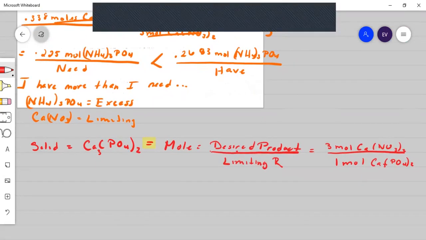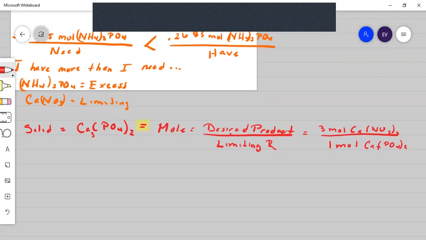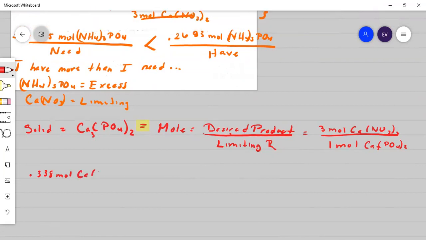So how much calcium nitrate do I have? Let's take a look. We've already calculated that. We have this many moles of calcium nitrate right here. We calculated that because we used the molarity formula. So I'm going to start with that. I'm not going to start with my theoretical because I need to know how much I'm working with. So I have 0.338 moles of calcium nitrate. I'm going to put that over 1. Then I'm going to multiply by the mole ratio, which in this case is 1 mole,